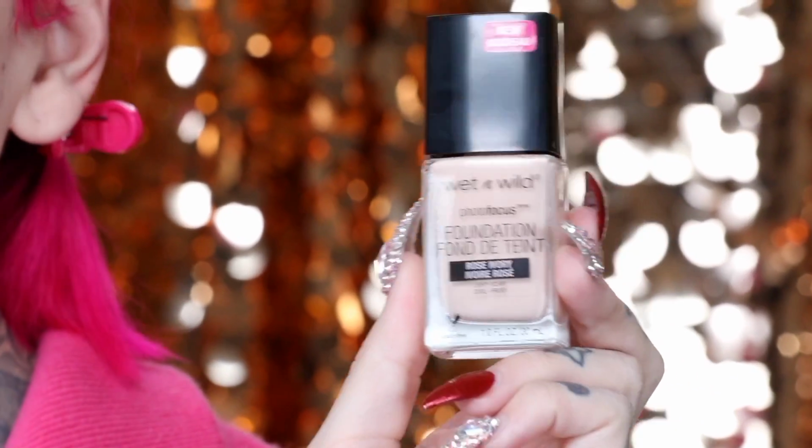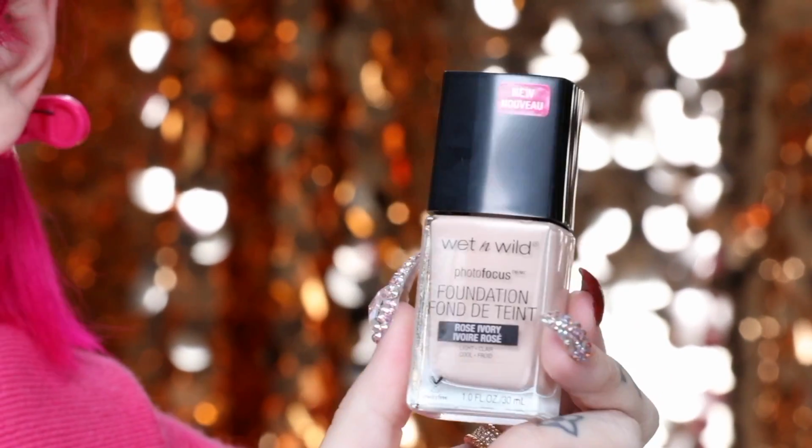All right, so the drugstore foundation that I'm gonna be trying out today is the brand new Wet n Wild PhotoFocus foundation. A lot of people have been asking me to review this, so I thought, you know what, let's put it up against a luxury brand and see what happens. So if you guys all will rewind back to the highlighter battle, you remember that the brand Clé De Peau's highlighter was a little lackluster, but they have a brand new foundation that just hit the market as well,